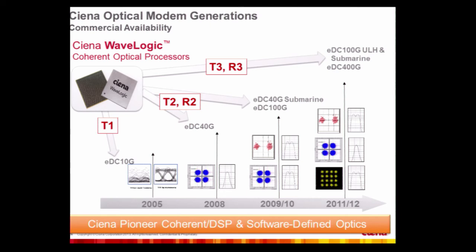At the moment, we are at the 3rd generation, what we call the WaveLogic 3 family of digital signal processing chips, and this can do single channel 100 gigabit transmission. The technology is tunable and software configurable, so you can use it to do 16 QAM and go to 200 gigabit per second in the future. Here it's shown still as a dual carrier, but at the moment we can also do it in a single carrier and do 200 gigabit per second per carrier.